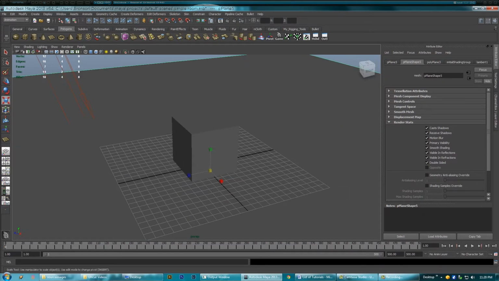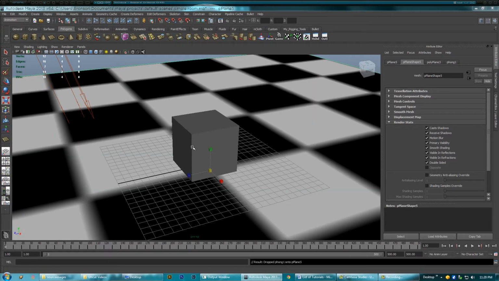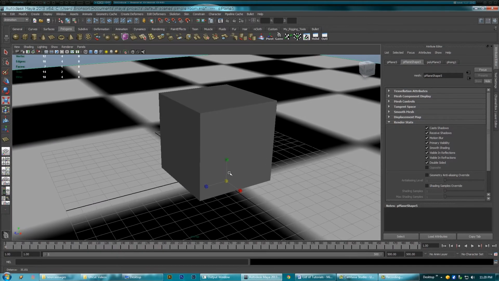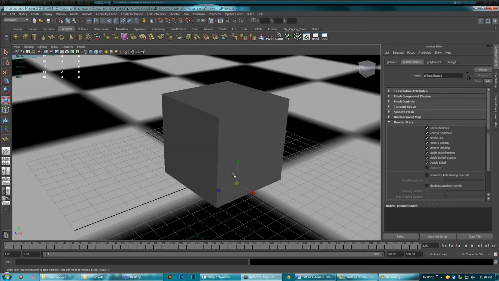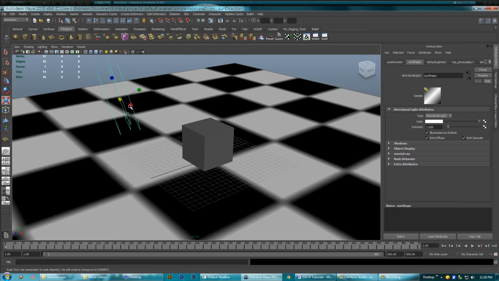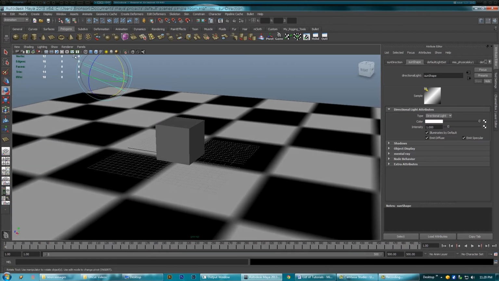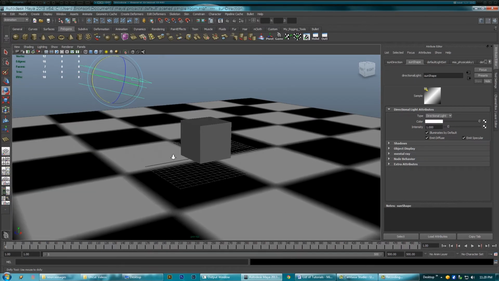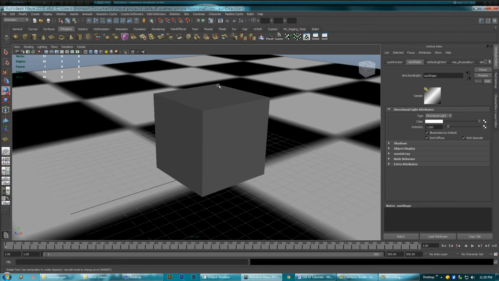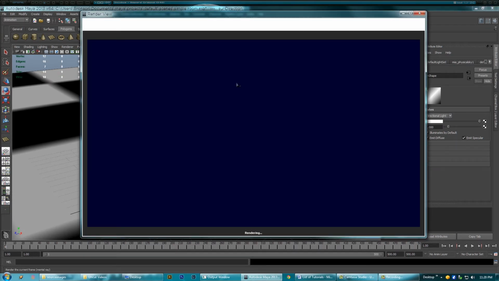Alright, so let's attach some different shaders to this stuff so we can differentiate. I have a checkered fog. I'm just going to drop on the ground plane. And, okay, so then I'm going to show you the cool thing about this sun direction. If we rotate it, say I rotate it down like so, so it's coming in from this direction really low in the horizon, and I re-render our frame,